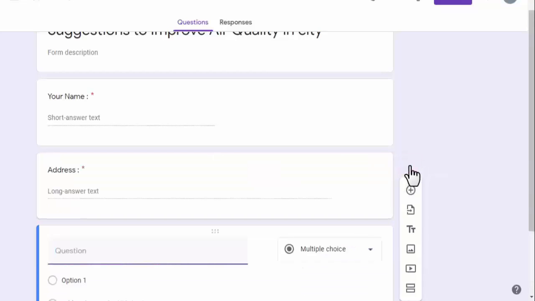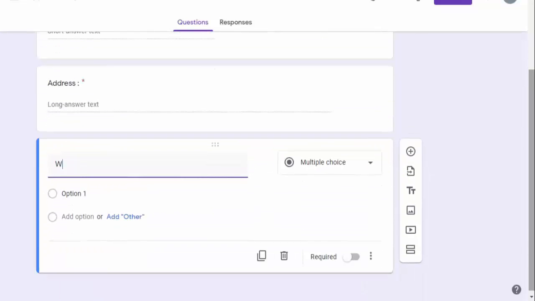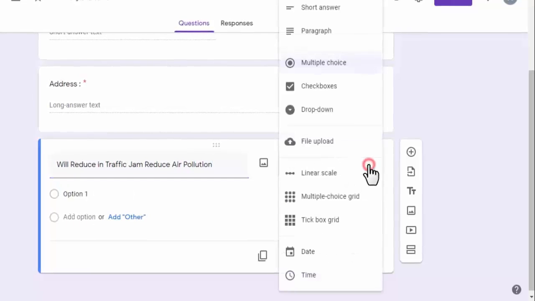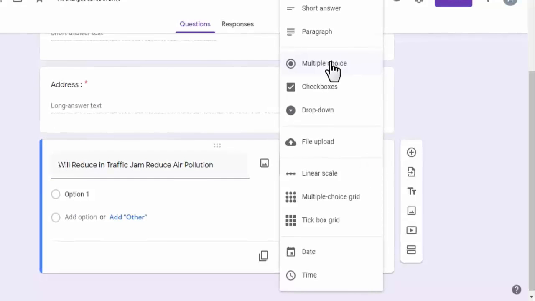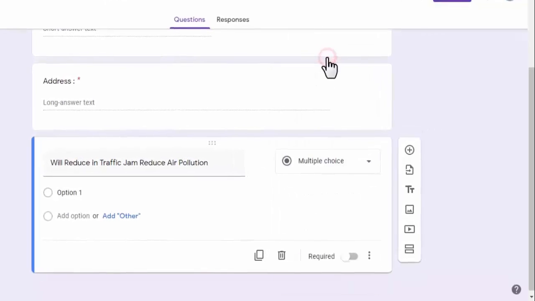Now we will add another question. Now we will select multiple choice format for this question.